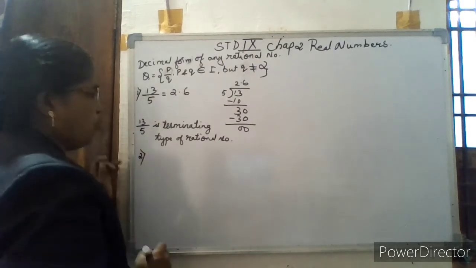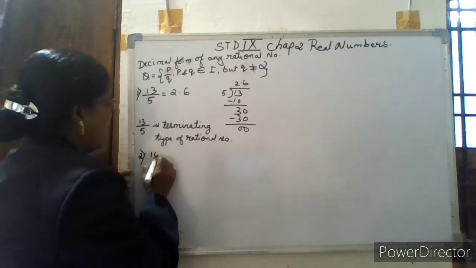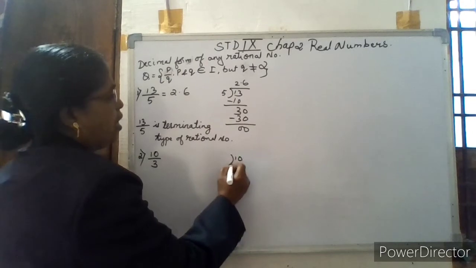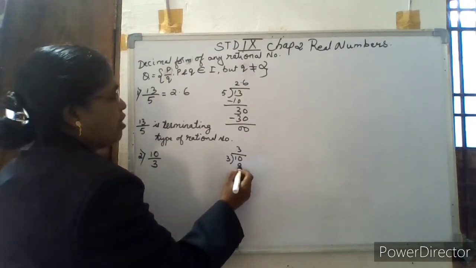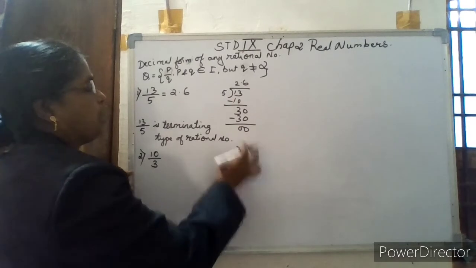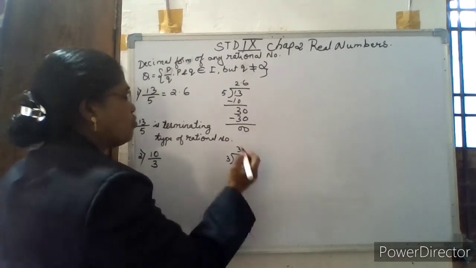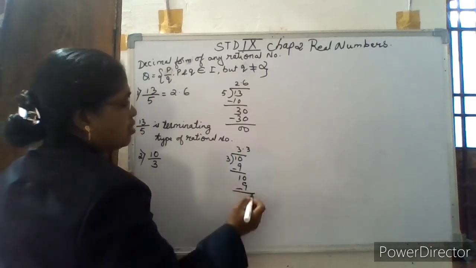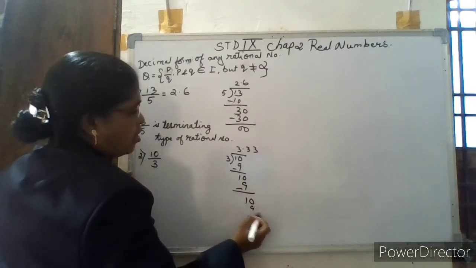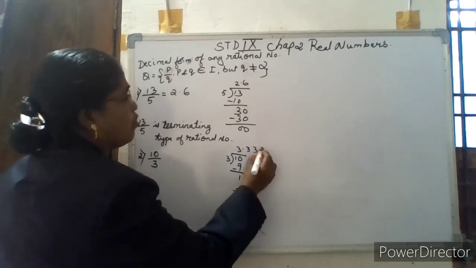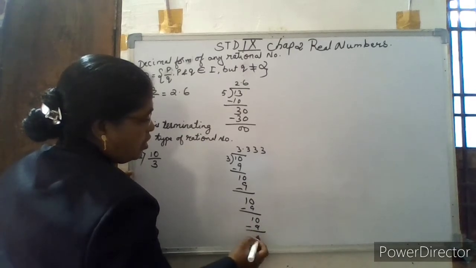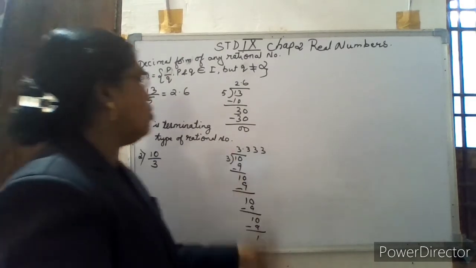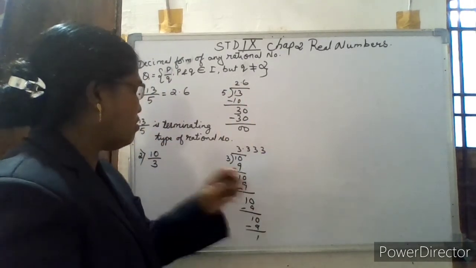Example 2, we will take 10 by 3. This is also a rational number. Now I divide 10 by 3. 3 threes are 9, remainder is 1. The remainder must be equal to 0, so let us do further division. Put a point, take a 0. 3 threes are 9, again 1. Again take a 0, 3 threes are 9, remainder is 1. Again take a 0, 3 threes are 9, again remainder is 1. It goes on. That means if I keep on dividing the whole day, you will not get 0 as the remainder here.